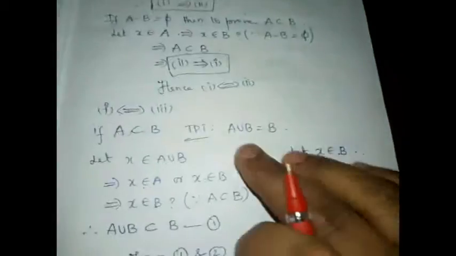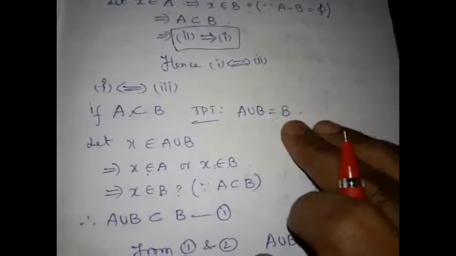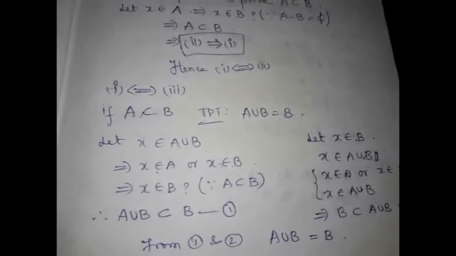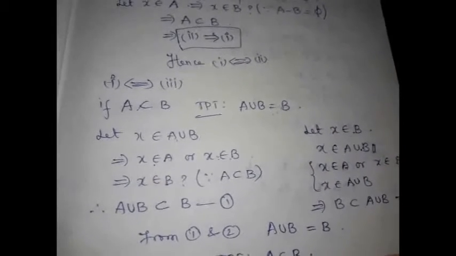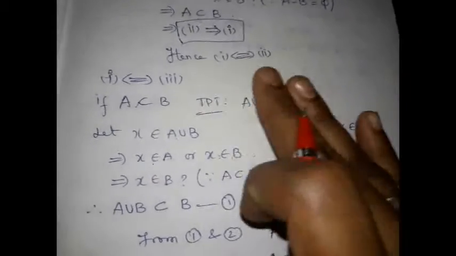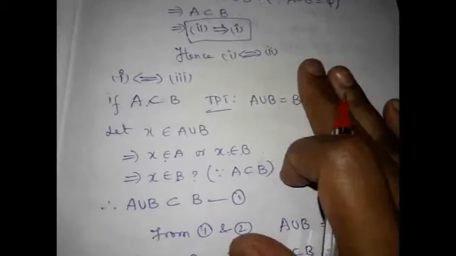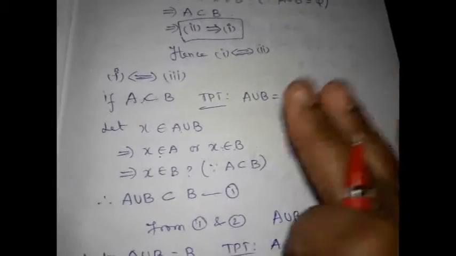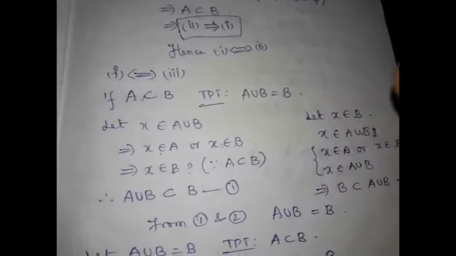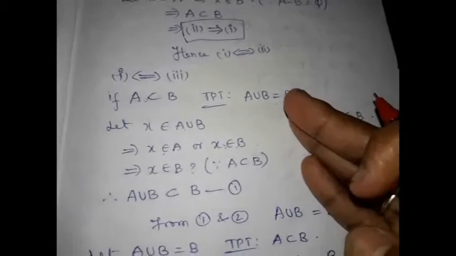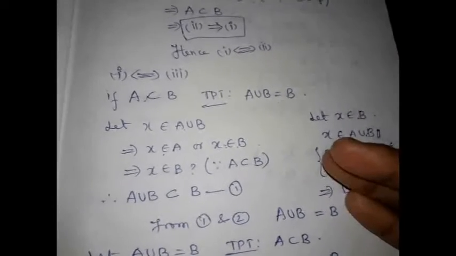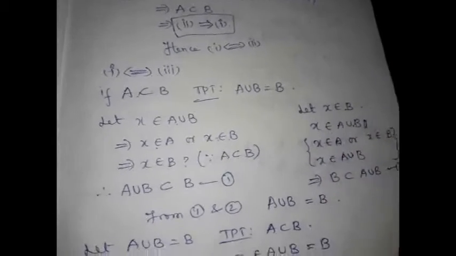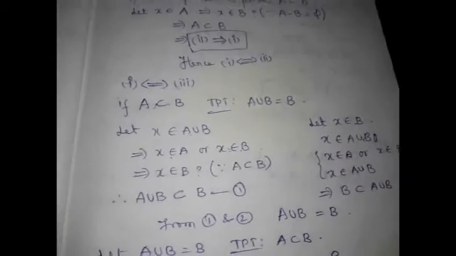The same here. Wherever you come across a question where the numerical values of the sets are not given, and they ask you to prove two sets are equal, you have to prove one is a subset of the other and vice versa. So how will you prove one is a subset of the other? You should start with an element from that particular set, use the definition, use the given conditions, and then arrive at the conclusion.